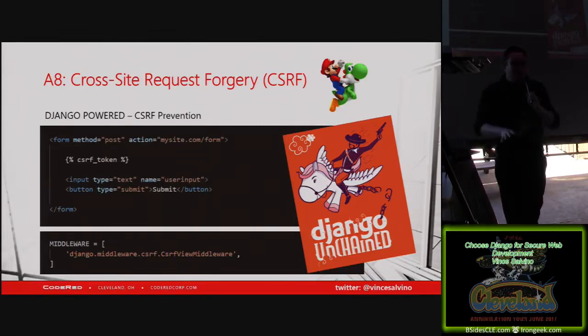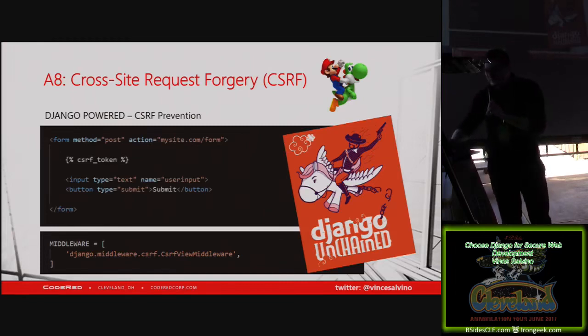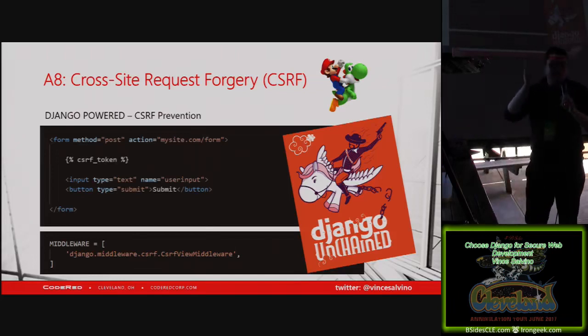Powering that one up, there's one additional line of code that you need to add. It's a token called CSRF token, and Django by default does not allow anything to post to your site from a different site. You have to have this token or else it will just reject it. So if someone else tries to post something to your site, it's going to tell them where to go, essentially.